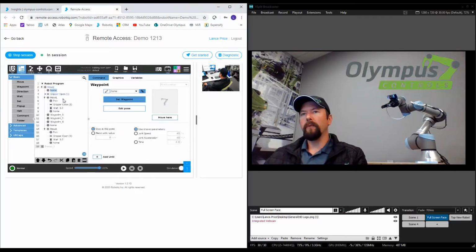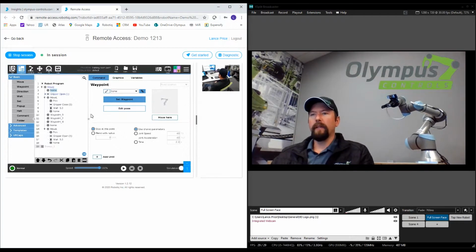What I'm going to do now is ask that you pretend that I am a technician working for a manufacturer, and I'm working remotely, and I'm going to start up a line. I've gone into Robotiq Insights. I've opened up my robot program. I can see my robot here. I can see that it's clear and it's ready to start. So what I'll do is hit play